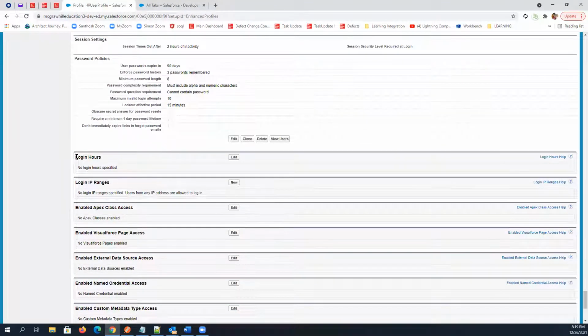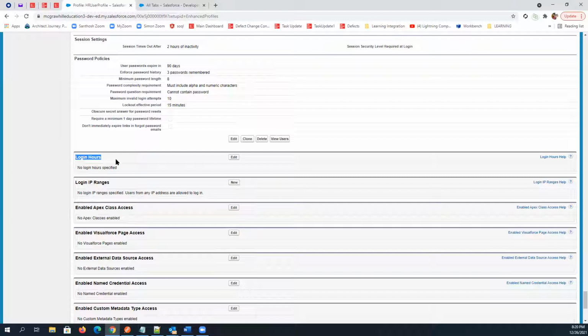Then we have login hours, right? What is login hours? So you can always set login hours for users. I mean, they can only log in to this org between these hours. So let's say if your company wants you to only be able to log in to the software between certain times, let's say 9 to 5, your office hours.